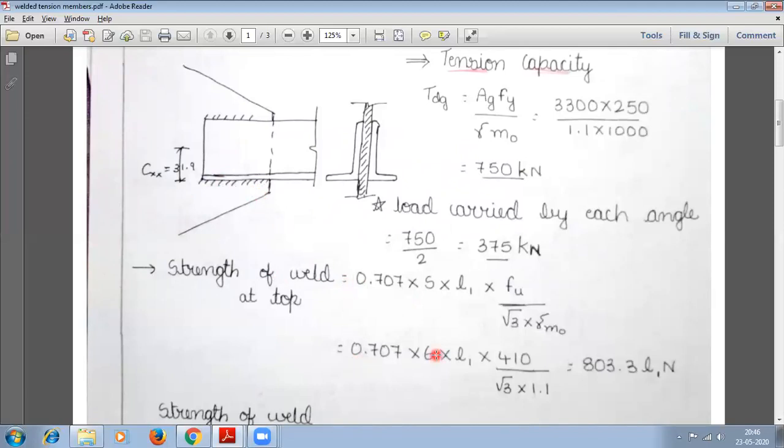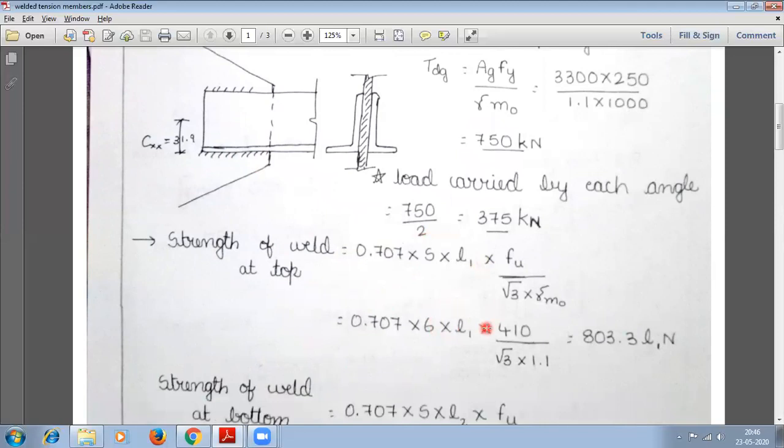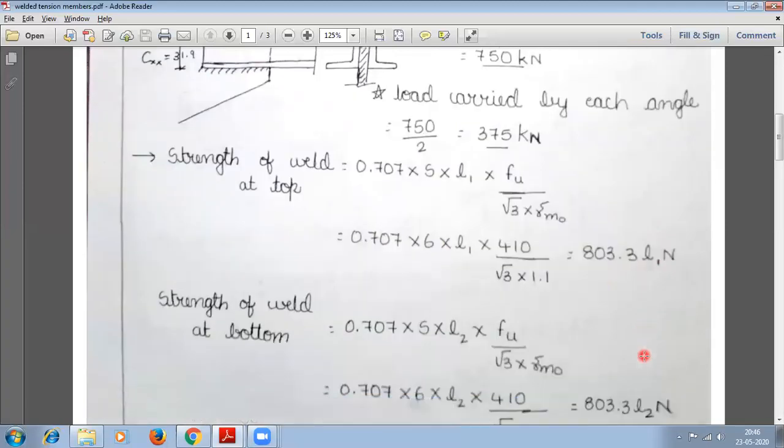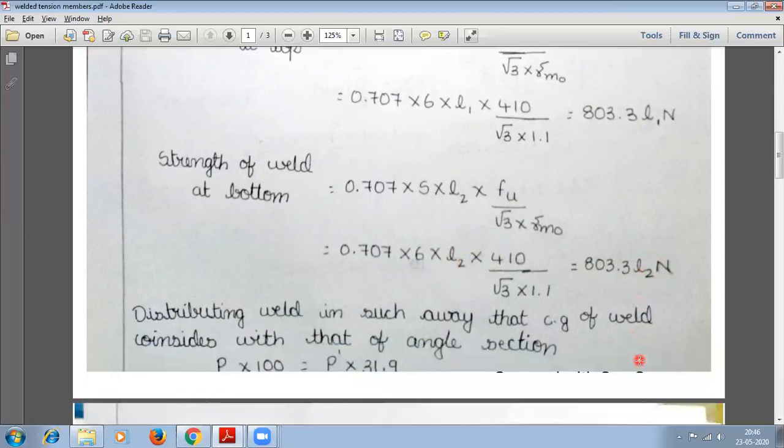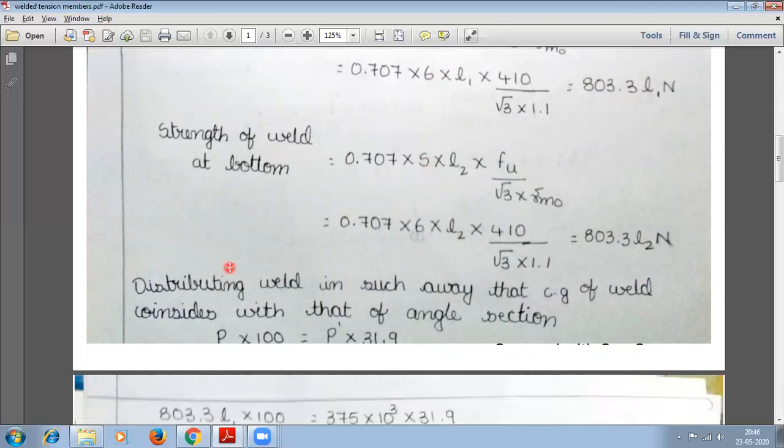Okay. So strength of the weld equation, we'll find it out here, and you will end up with this value in terms of L1. Same thing, the strength of the weld equation in terms of L2, you will get it here. Fine. You are familiar with this equation, the strength of the weld equation. It is not in the code book. You need to learn it by heart. Next,